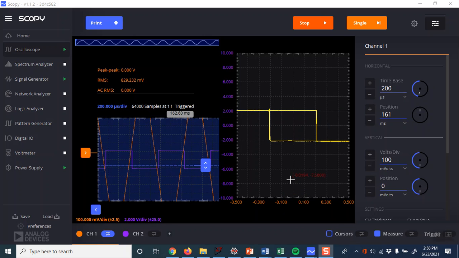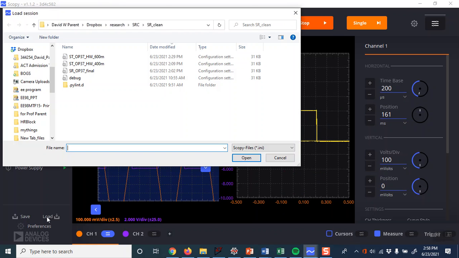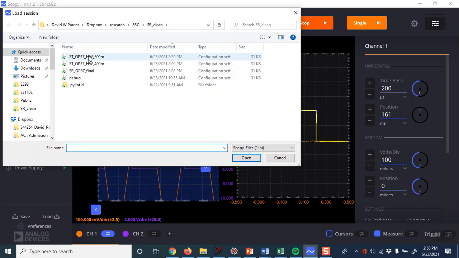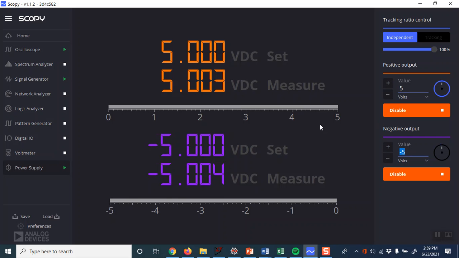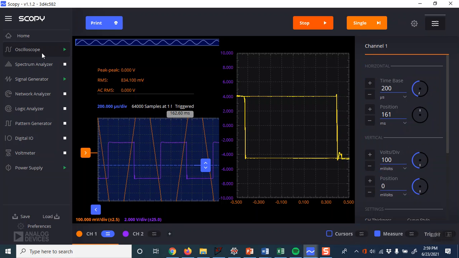Hi, I'd just like to reiterate how to adjust the hysteresis widths with the power supply. Again, like I said last time, you can load in the INI file to get your power supply widths, but you have to adjust these. So I'm just going to show you how to do that. Let's say I'm at plus or minus 5. I go to the oscilloscope and I'm at 0.41